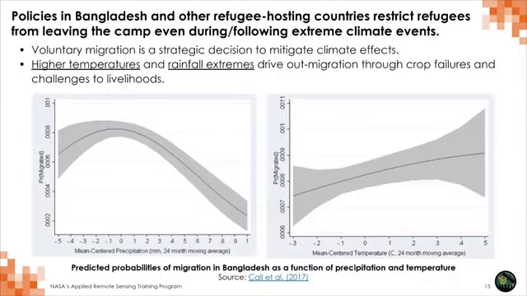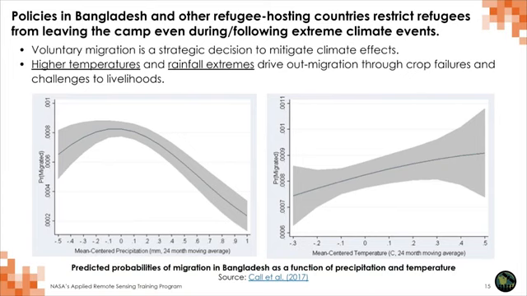As mentioned, refugee policies themselves can also compound the mitigation of these events. We know that voluntary migration is a key strategic decision to mitigate climate effects. People, when they can, leave, right? If there's a pending danger, and we know that higher temperatures and rainfall extremes drive out-migration in other parts of the world. In Cox's Bazar and in many other refugee settings, that kind of voluntary migration is restricted by